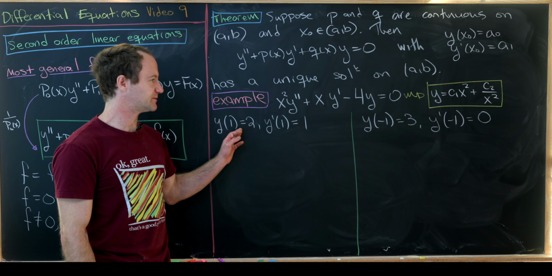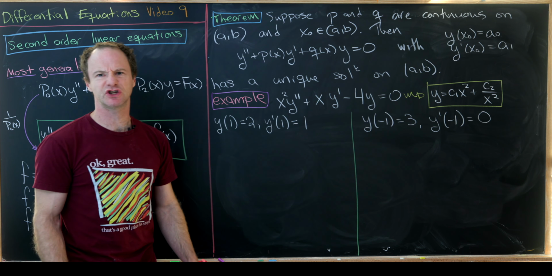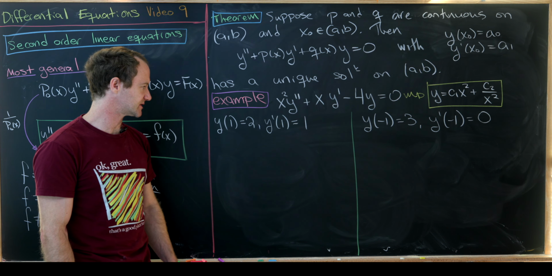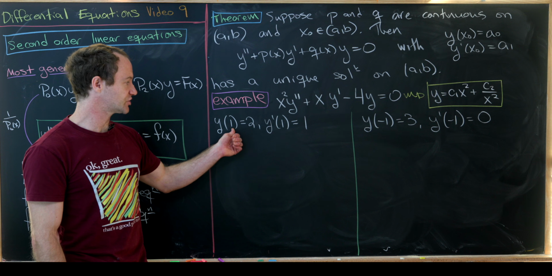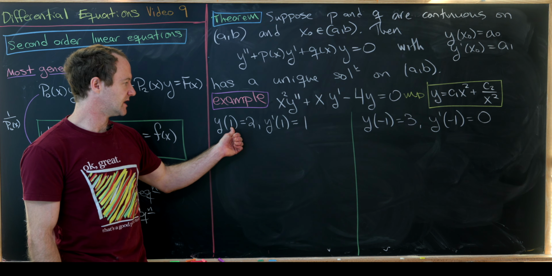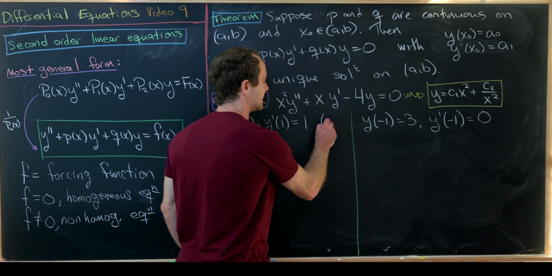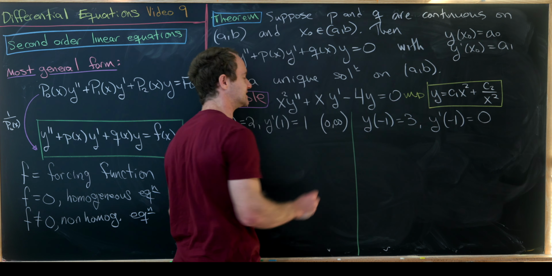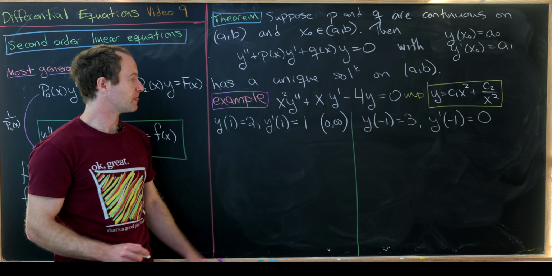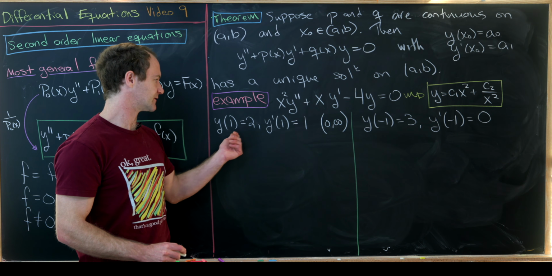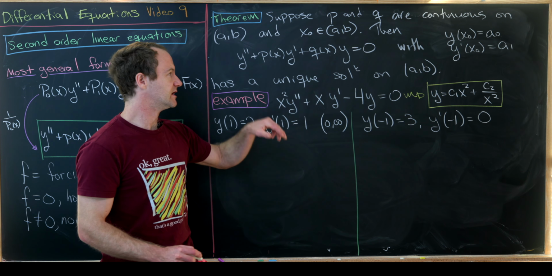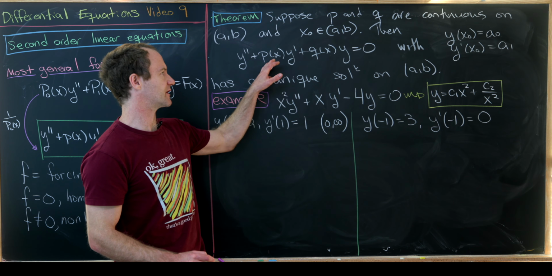Now we're going to find a specific solution given the following two sets of initial conditions. Let's notice our initial value of x here is x equals 1, which is larger than 0. So that tells us the interval of validity here will be 0 to infinity, because that's the interval that 1 lies in, that is also a place where the p of x and the